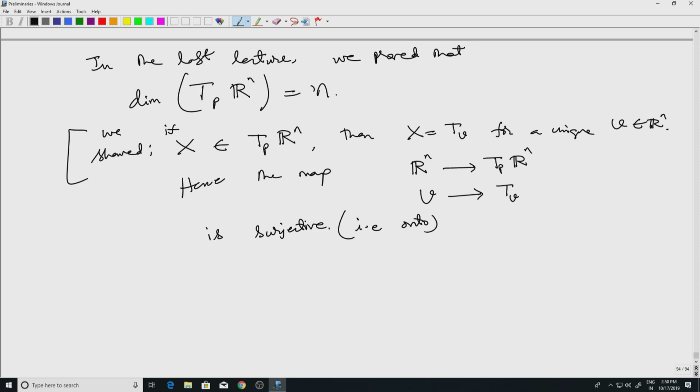So since the previous statement says that if you start with any derivation here in the space,